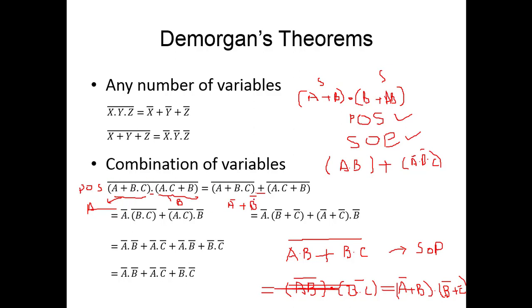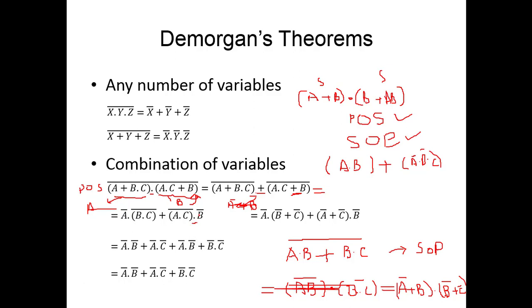Now to solve it further, you have to apply complement on each term individually. So now this term is a sum term, so you can write (a plus b and c) whole complement is equal to a complement, or becomes and, (b and c) whole complement. Similarly, for this term you have (a and c) complement, this or becomes and operation, and b complement. Now you further solve it like this.